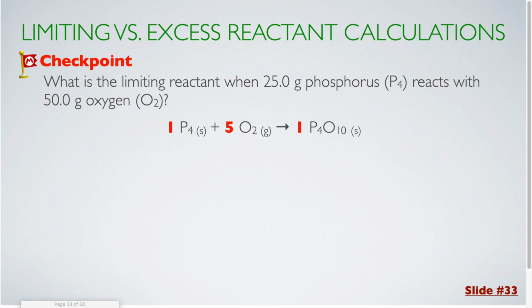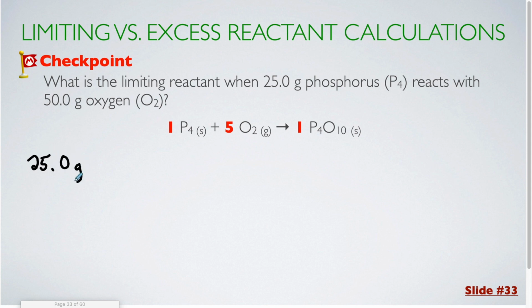All right, now for our first checkpoint question, we're going to be going through this process. The first thing that we are asked is to determine the limiting reactant when we're given 25.0 grams of phosphorus and 50 grams of oxygen. So the first thing I'm going to do is write down